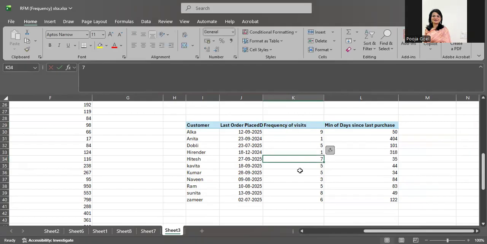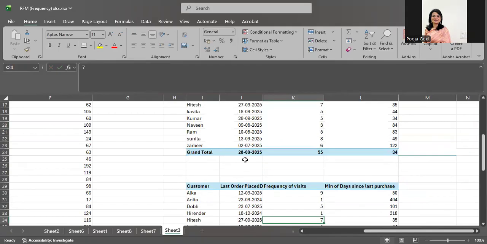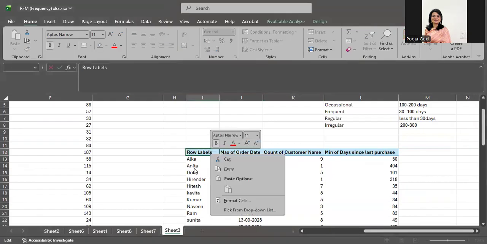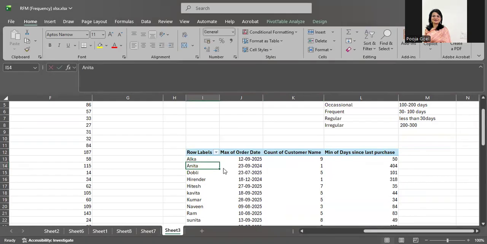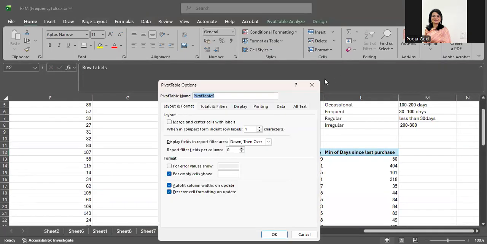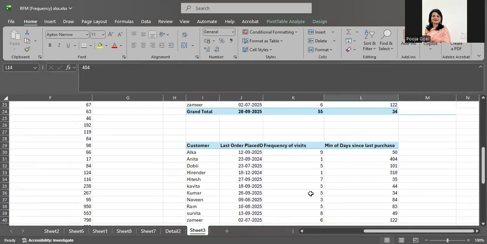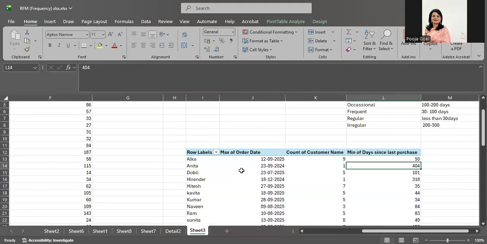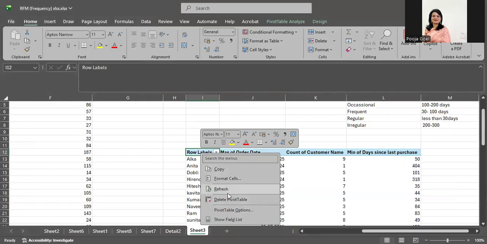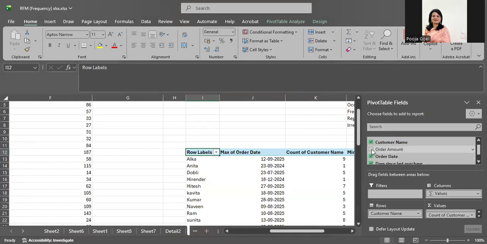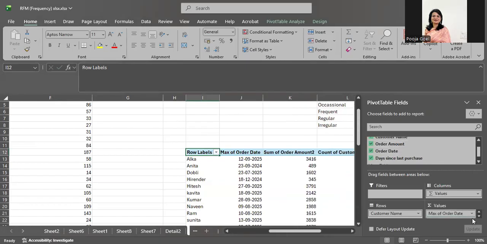In the same way you can add one more column. If I can do it here for you, that we find out the value also. So we can again go to the pivot table option, and make a comprehensive table. For now we can leave it, or you can make a simple table also. You can go and make a new pivot table as well if you want. So show the field list, and let's say I want to add the order amount also, and I'll take the sum of order amount.